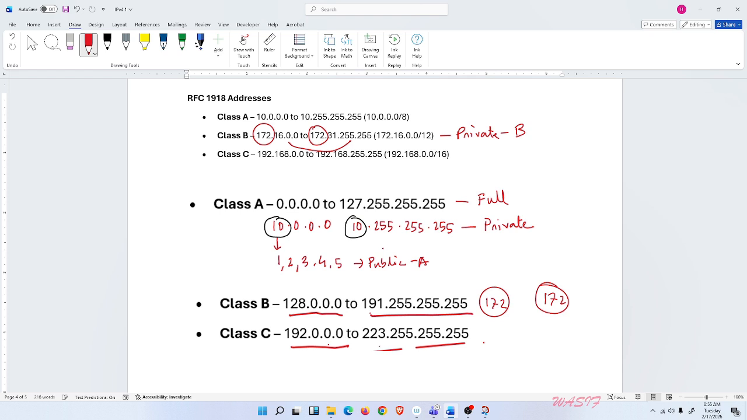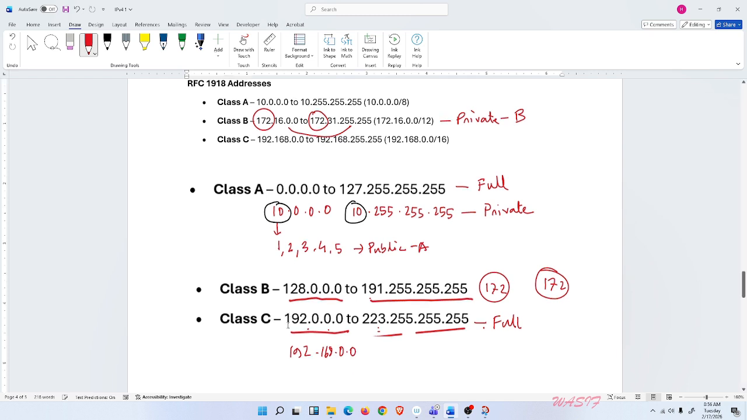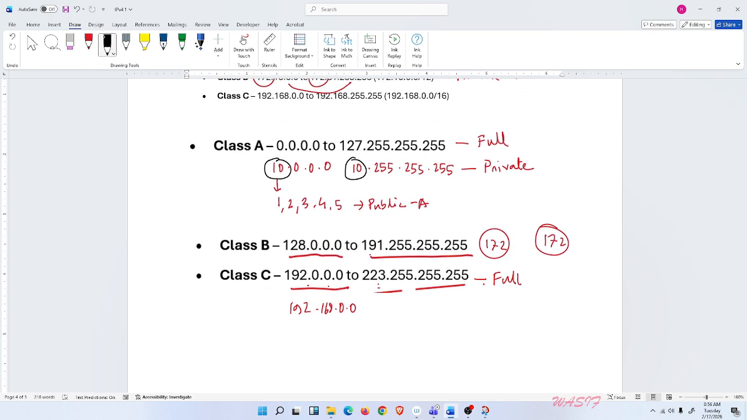In the same way, this is class C. If you look here, 192 to 223. Sorry, this is the class C address. This is the full class C address. However, the private portion is 192.168.0.0. Now, very important to understand here, if you get a number